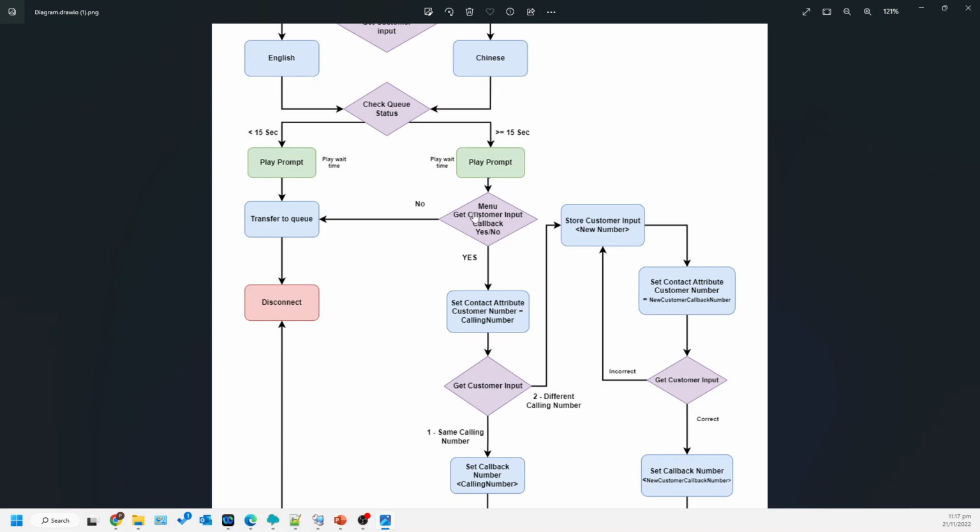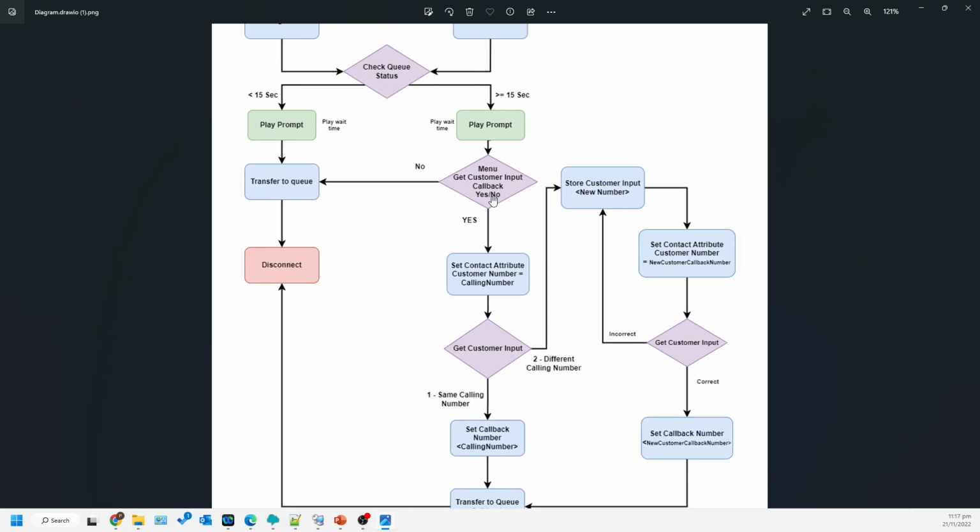In this get customer input menu: your waiting time is greater than 15 seconds, would you like to receive a callback, retaining the same position? Yes or no. It would probably say press one to retain the same position, and press two if you would like to stay in the queue. If the customer presses two, it probably transfers to the normal queue. And if he says no, I don't want to stay in the queue, I'm going to disconnect,